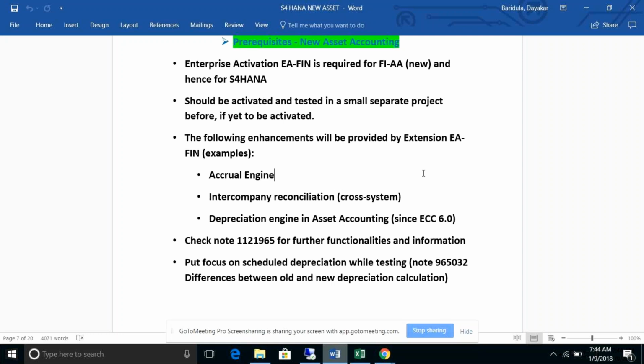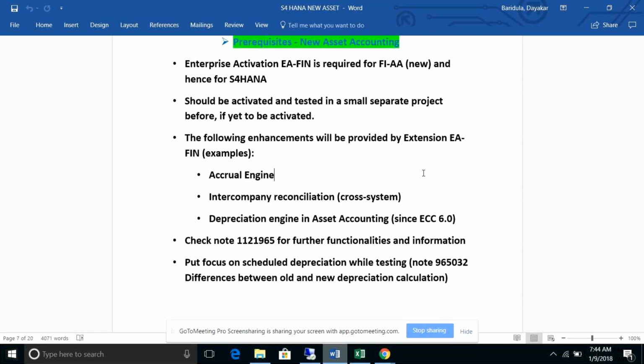When new GL comes into the picture, in scenario 3, I'm on classic. I don't want any of the fancy features, like document splitting or whatever the new GL functionalities are. Then what is the option for me? This also comes from the clients, and it makes sense when you go for interviews. People will definitely expect all these things, whether you have understanding or not.